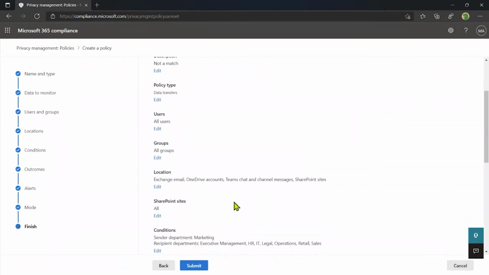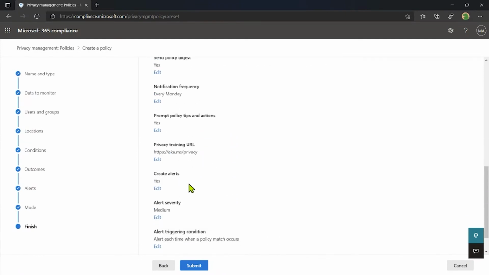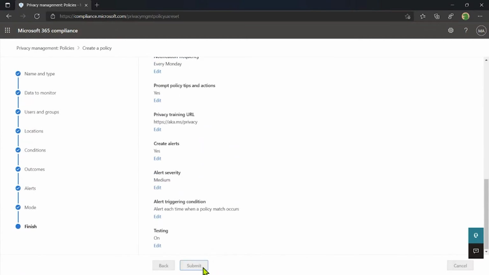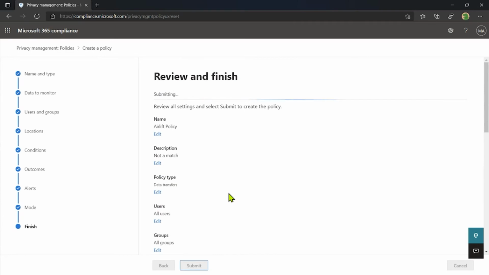The last setting we have is the summary, everything we've configured, everything we're going to do. You can edit anything here, and we're going to go ahead and click submit. That's going to submit our policy. It's going to create it. It's going to run through those last couple steps to get the policy in here. So the next thing I'm going to show off while this is finishing submitting, and I take a quick drink of water,